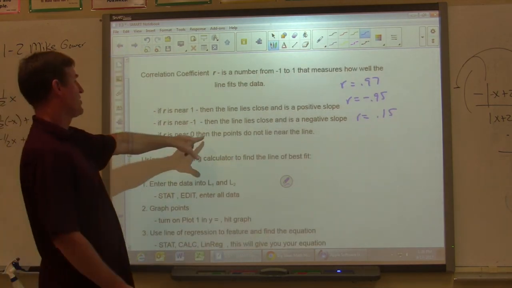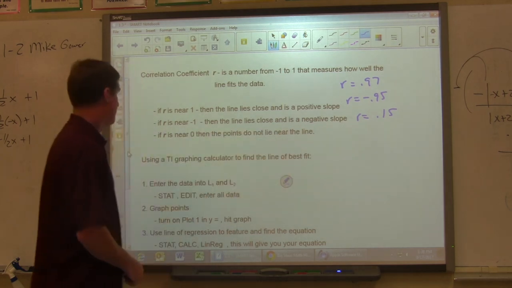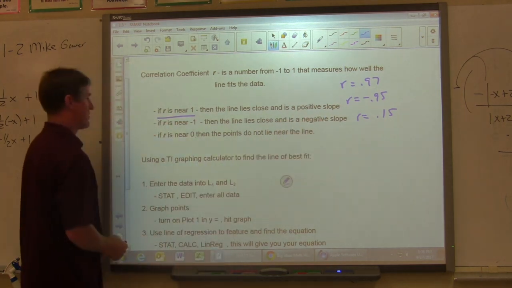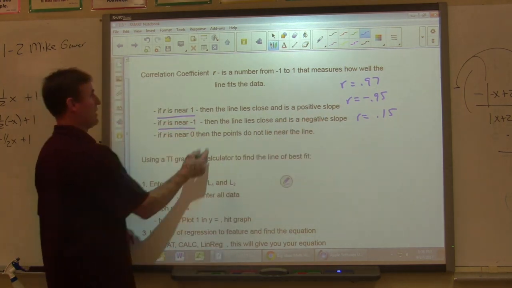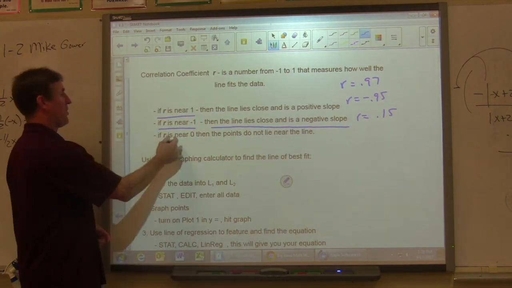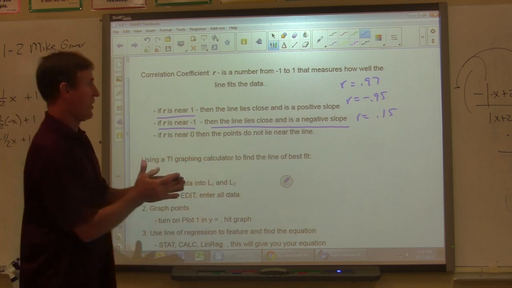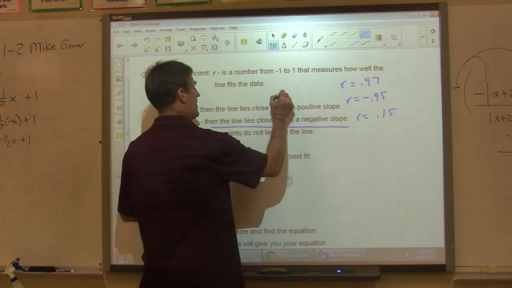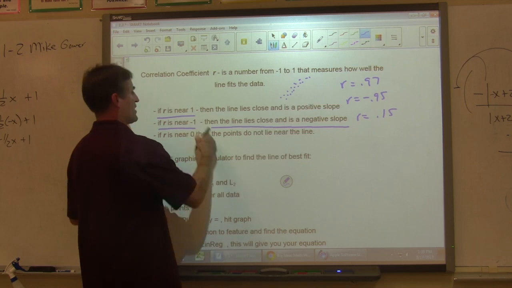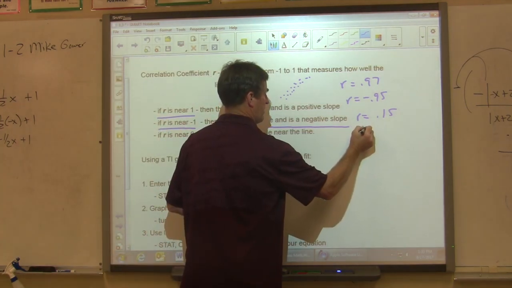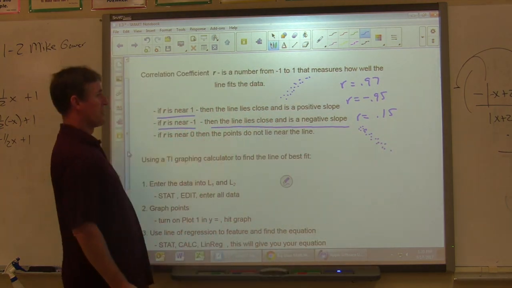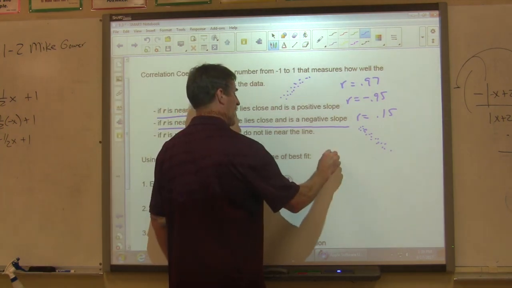So the nearer you are to 0, the points do not lie near the line. Okay? So if it's near 1, then the line lies close and is a positive slope. If R is near -1, then the line lies close to all the points and is a negative slope. And if R is near 0, then the points do not lie near the line. So an example of this one would be the data is pretty tight together and it's going up. This one would be the data is pretty close together, but it's going down. As we get near 0, that would tell us that maybe we have